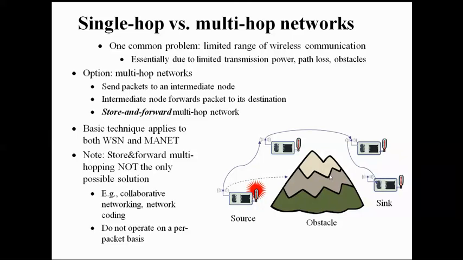So let us consider single hop and multi hop. In the first unit itself, we discussed what is meant by single hop. Single hop means a direct communication link is established between your source and sink. Let us consider that there is an absence of obstacles. This sensor node has detected some event, and it wants to share the information with the sink node. If there is no obstacle, it can directly transfer the information to the sink.